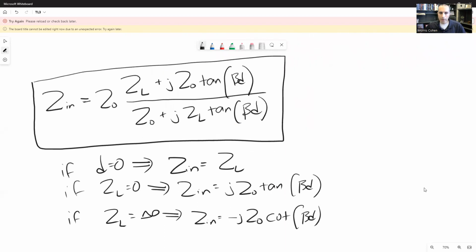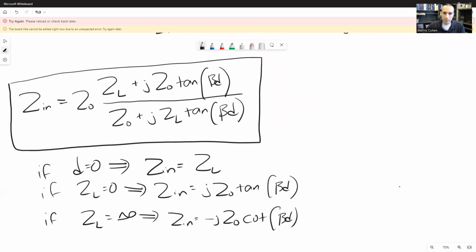Now there's a very special case that I do want to talk about, which is the case where d equals lambda over 4, exactly a quarter wavelength. When we talked about open and short circuit cases, the quarter wavelength point was when they flipped around. An open circuit appeared to be a short circuit, and a short circuit on the load appeared to look like an open circuit. If you plug in d equals lambda over 4, in which case beta d equals 2 pi over lambda times lambda over 4, which is 1/2 pi, plug all that in,